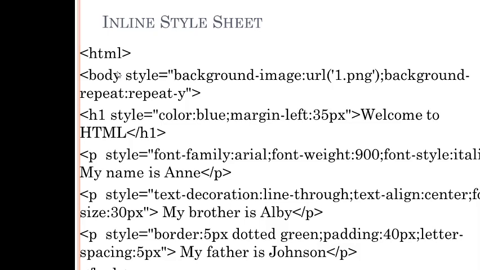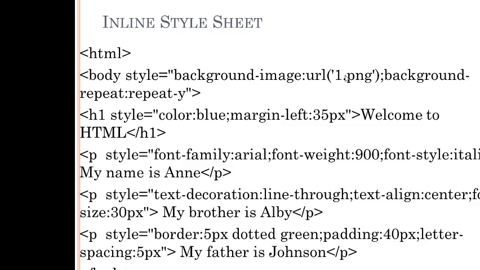Here the property used is background image and the value is URL 1.png. That is, the background image should be set as 1.png. Background repeat, another property, repeat y. This means that this image has to be repeated only along the y axis.